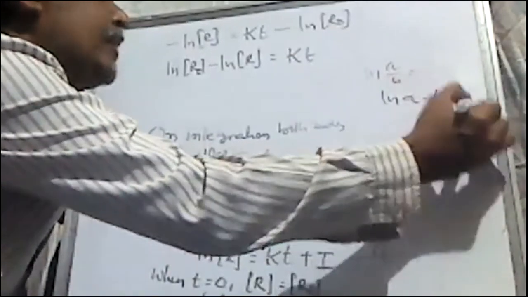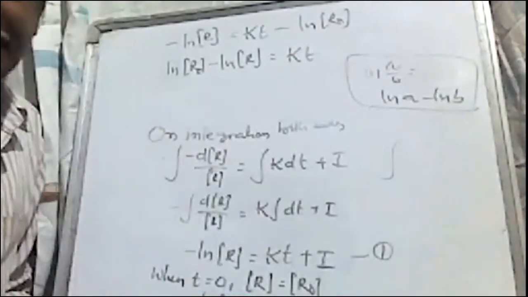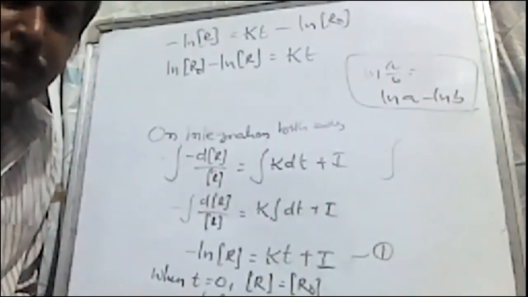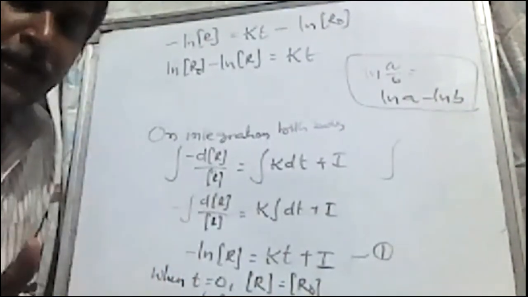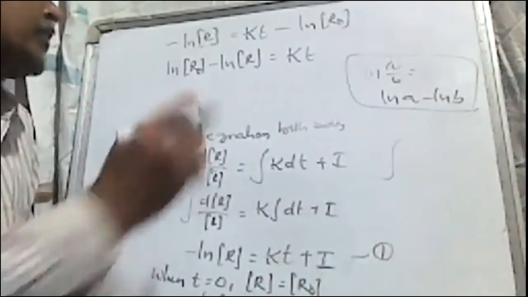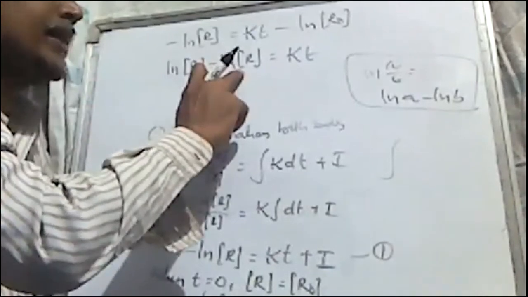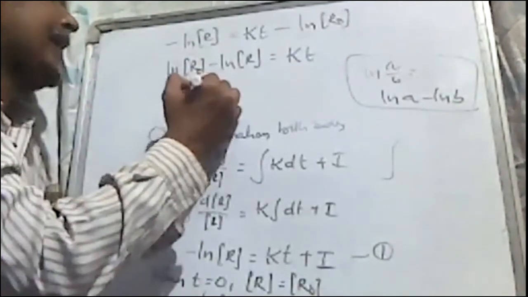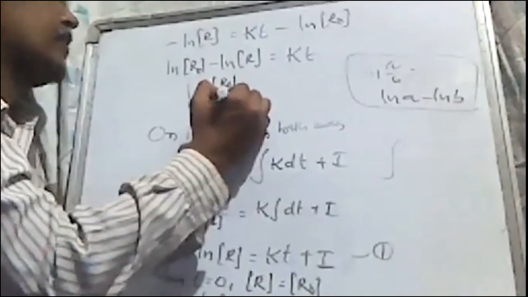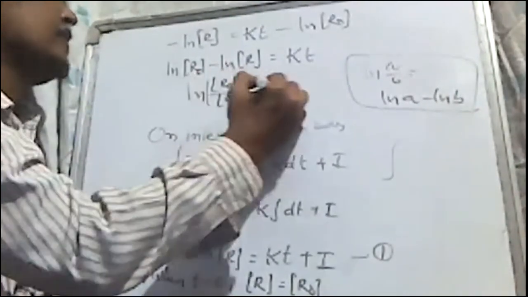ln a minus ln b, the basic formula in logarithms. ln ab is equal to ln a plus ln b. ln a by b is equal to ln a minus ln b. That's why it is in the form of ln a minus ln b, and that's why I can write it as ln a by b. That is, a is r naught and b is equal to